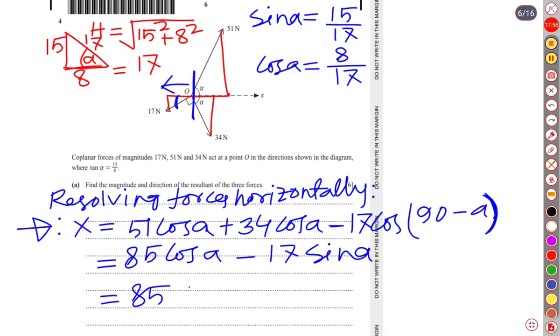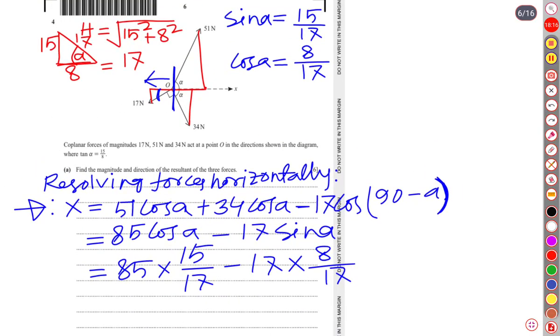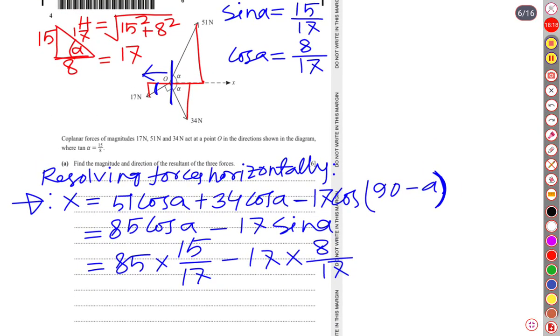85 into cos alpha is equal to, we have obtained 15 over 17, minus 17 into sine alpha is 8 over 17. So finally our resultant force in x direction is what? It is going to be 17 5s, 75, and from 75, if we subtract this,